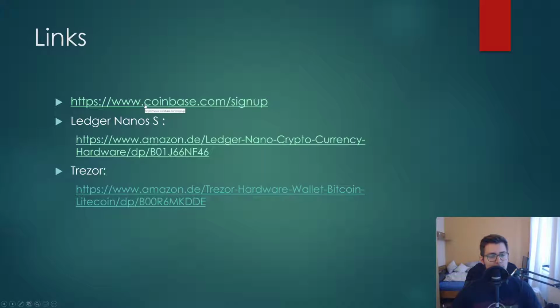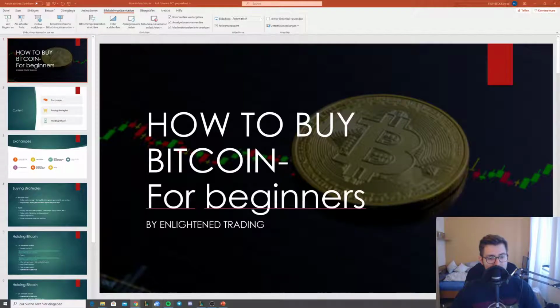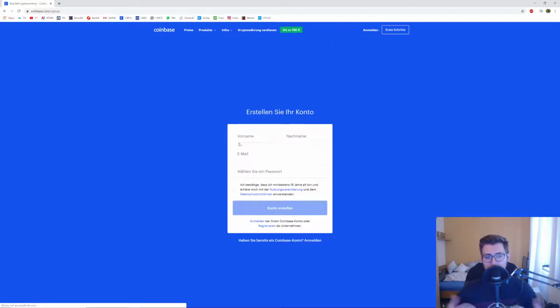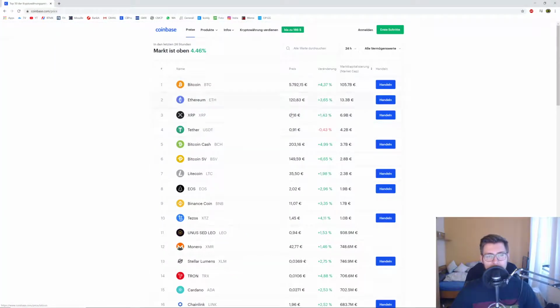And I'm going to now pull up, hopefully, if it works. So here now we can go to Coinbase, and this is in German, but for you it would most likely be in English. So you then go to create your own account, and then you would now enter your personal data, and then, for example, if you have accessed your account, you can see